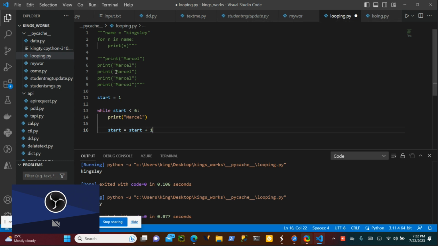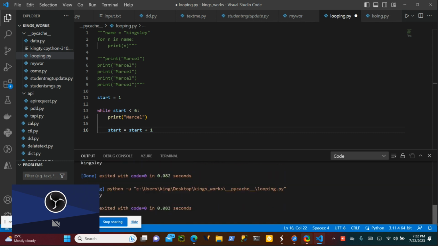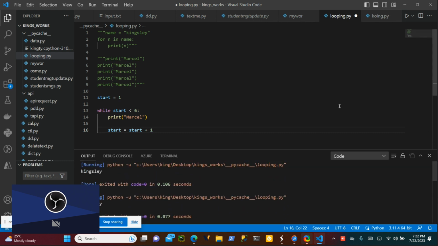Now let's see. You can run this code again and then when you see the output, you can see that it's printing myself. I hope you understand. So instead of this, I can now print myself 1,000 times.